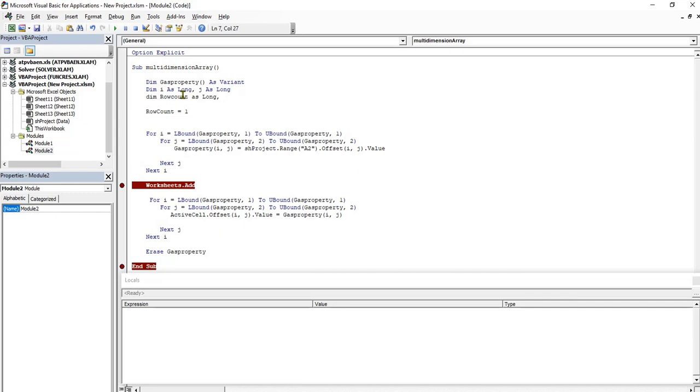I will now define the column. I call the column like this, column count. The column count as long. Now okay, now that means the row count, how will I get the value for my row count